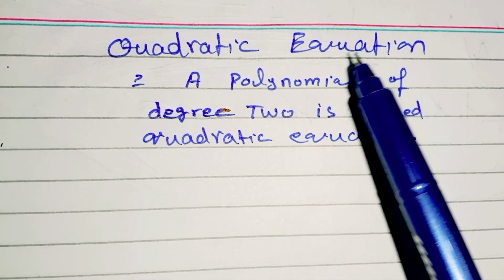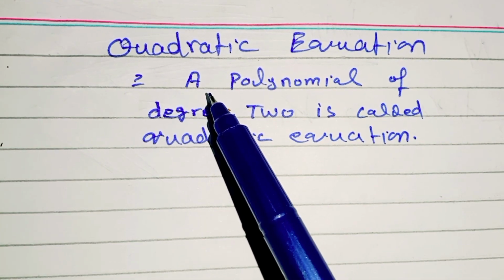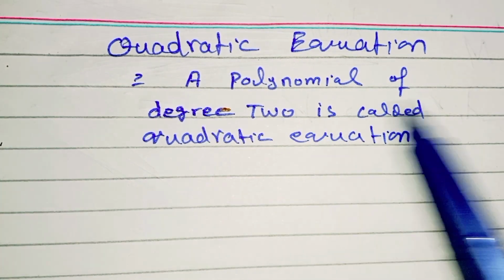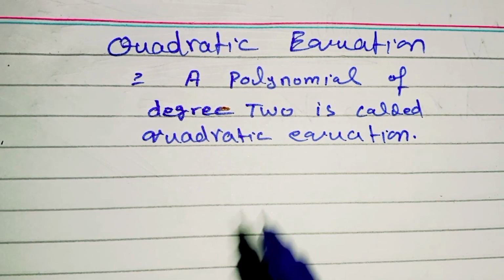Discuss quadratic equation. The definition of quadratic equation is: a polynomial of degree 2 is called quadratic equation, or simply